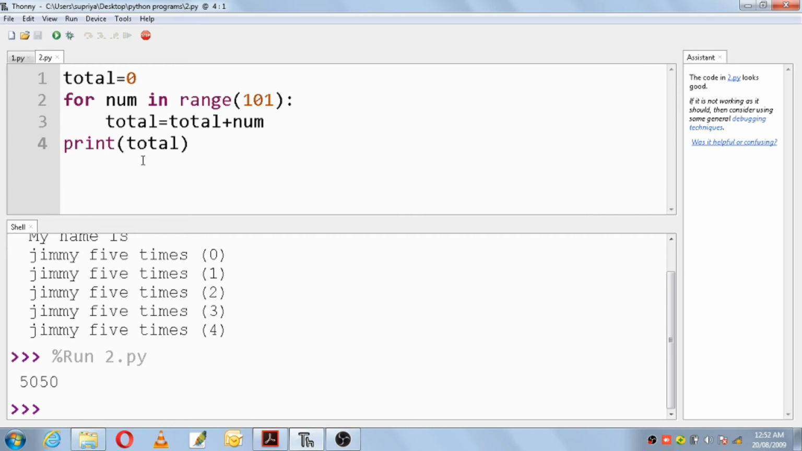Okay, if you take it inside the for clause, that means inside the for loop, it will print every iteration's total. Okay, so initially the total value will be 0, then it will be 1. It will go on printing every iteration's, every for loop's total. For example, just press Ctrl S,